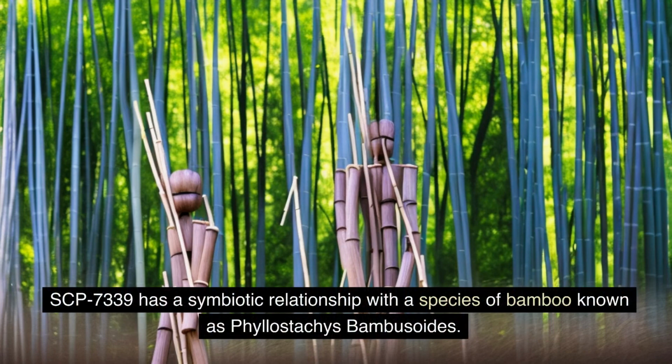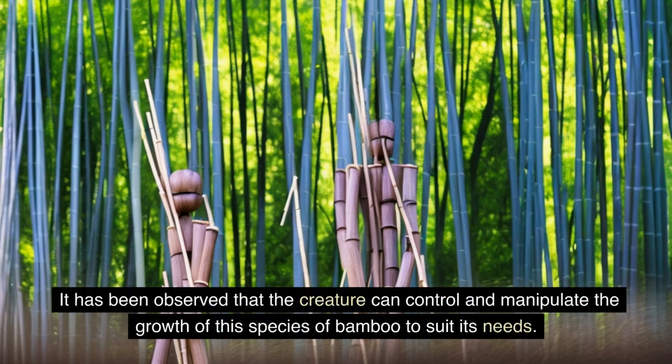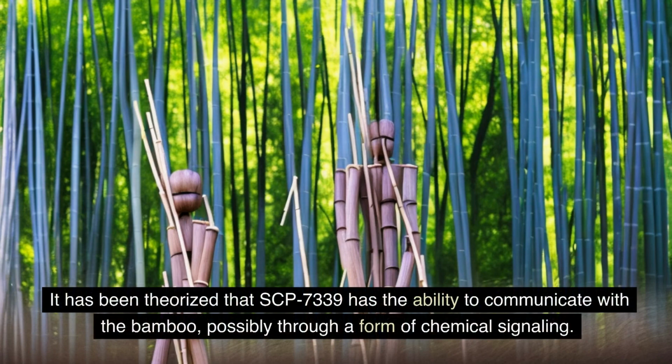SCP-7339 has a symbiotic relationship with a species of bamboo known as Phyllostachys bambusoides. It has been observed that the creature can control and manipulate the growth of this species of bamboo to suit its needs. It has been theorized that SCP-7339 has the ability to communicate with the bamboo, possibly through a form